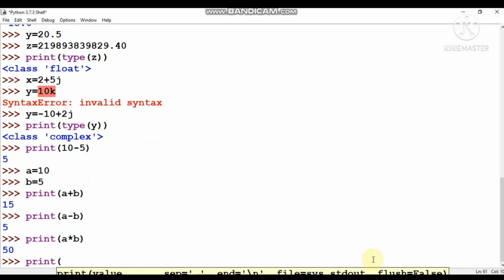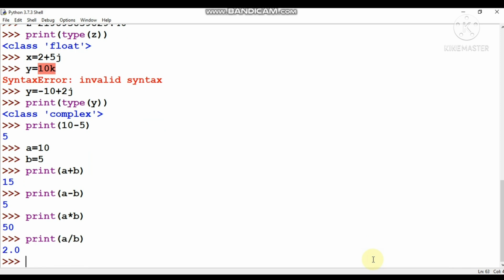Print a divided by b, you people can know the value is 2.0. But the new thing is print a, this sign is called modulo division, and if you write a modulo b, just try to understand here: in simple division the quotient will be returned, but in modulo division, what will be the remainder?